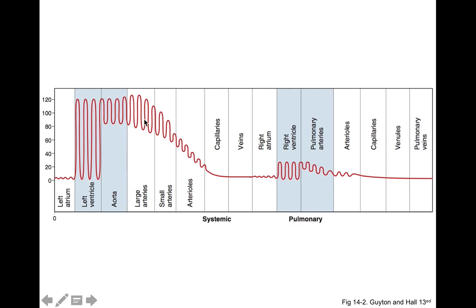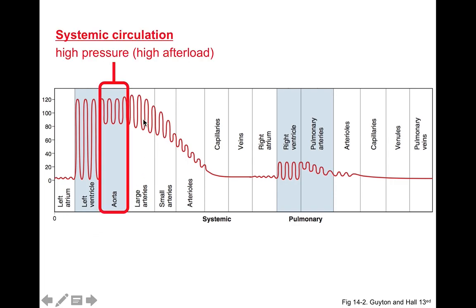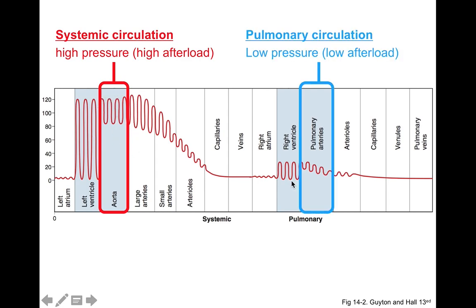And you can see here straight away the aorta is very high pressure. And this means the left ventricle has to work a lot harder to eject blood into this high pressure systemic circulation. And they call this work afterload. We'll be talking about what afterload is in a future slide. For now though, you should be aware that obviously the systemic circulation is much higher pressure,